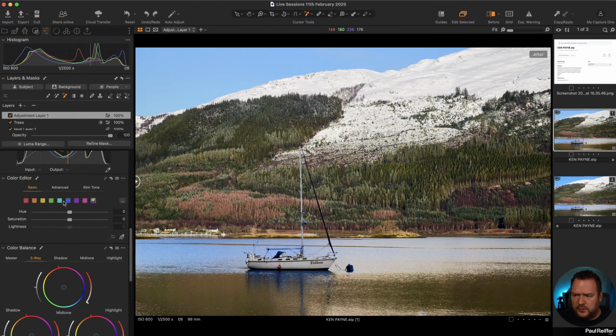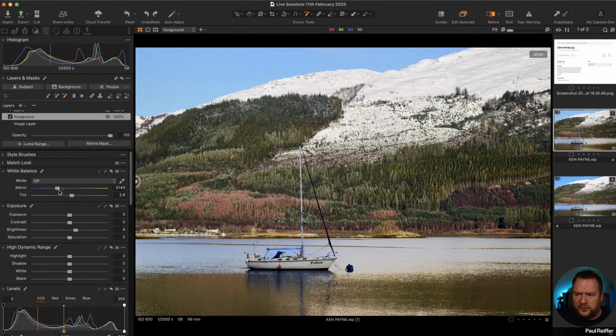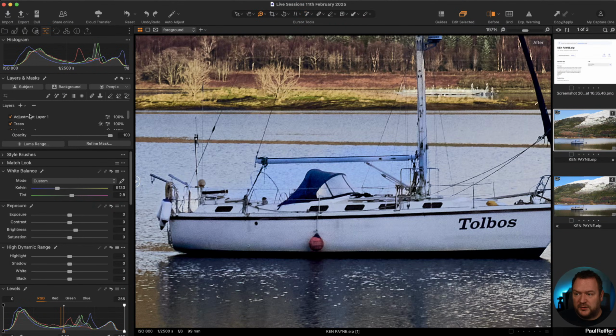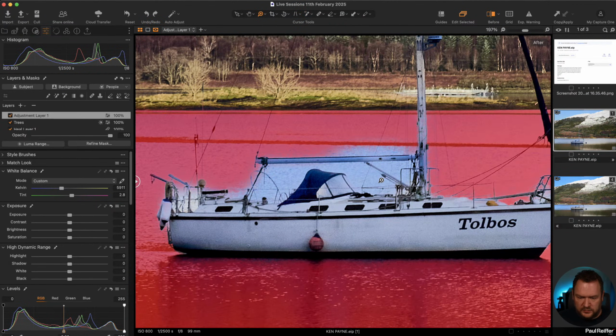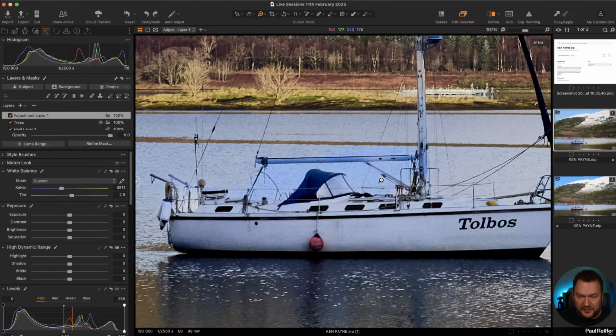And go into my blues and desaturate those a little bit out here. Now, remember, we had that foreground layer at the very beginning. So this has gone too mushy now, so we can back that away to be back to more neutral. Like that. And again, just like I was showing you with masking, even that mask I just did, note that my mask does not include inside the boat.